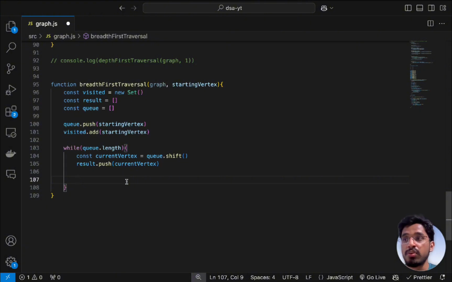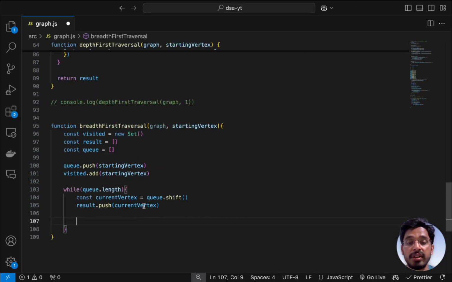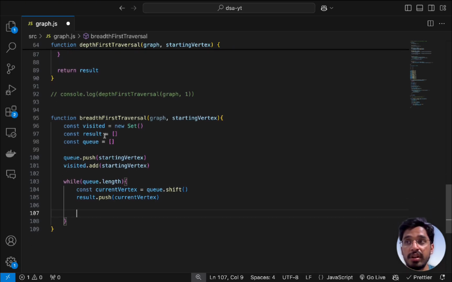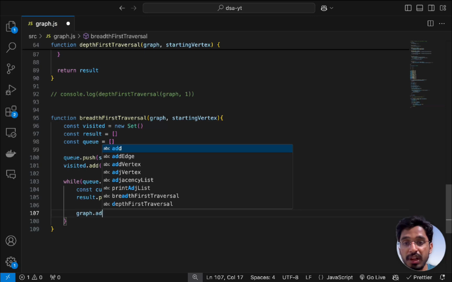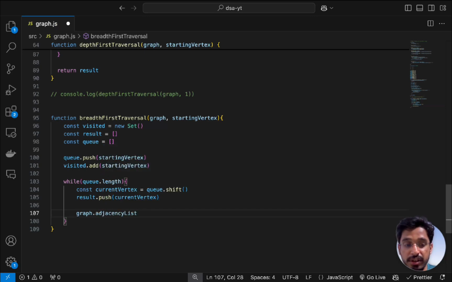Okay, so let's now loop across all the neighbors of the current vertex. Okay, so whatever neighbors it has. So now let's check the neighbors of this current vertex, the other vertices to which it is connected, and we check whether it is already there within our visited set. If it is not there, then we add it to the queue. If it is already there, we just skip that particular neighbor, because that's already been added to the result array, right? So we do not want to add that again. So let's get that from graph dot adjacency list at the current vertex, which is an array, right? So we can just use forEach, and for every neighbor